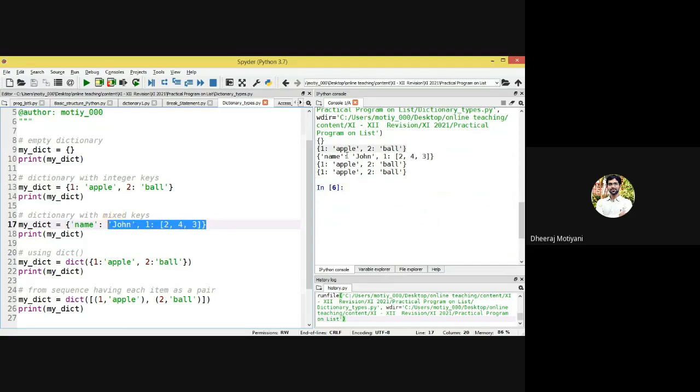Okay. Mixed keys basically means you are passing a key. This is your key and this is your value. Okay, then you are passing another key with a complete sequence. You are passing a complete sequence inside a key. Okay, so you can pass a list inside your dictionary. This is called nesting. So you are nesting the list inside your dictionary in the key value format. So this is called mixed keys. Okay, then you are having another one which is called